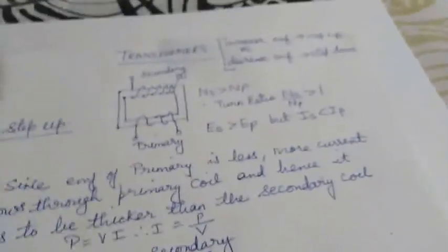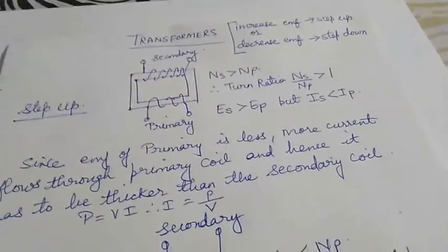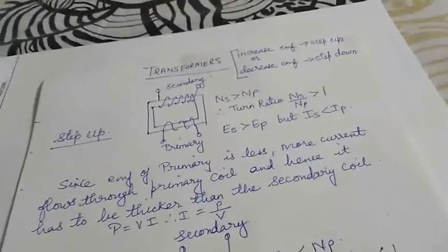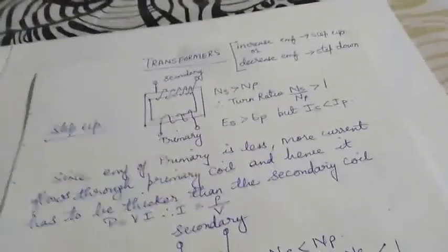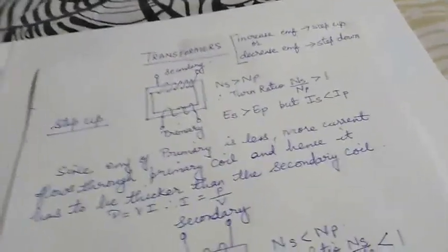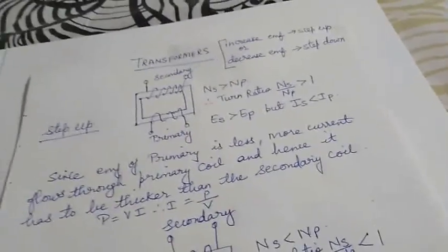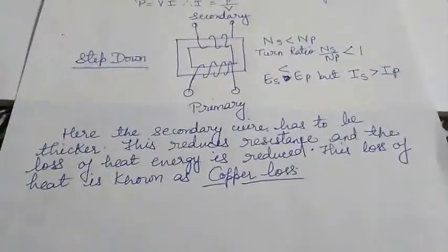Basically, you have to remember only whether the transformer steps up or steps down. There are two coils, primary and secondary. Primary is for the input, secondary will give us the result. When it is step up, your turns in secondary will be more. Because तुमको ज़्यादा चाहिए, ज़्यादा और दे कौन रहा है, secondary. So you want more, so secondary will have more turns. Step down, you are reducing. Who is reducing for you? Secondary. So the number of turns in secondary is going to be less.